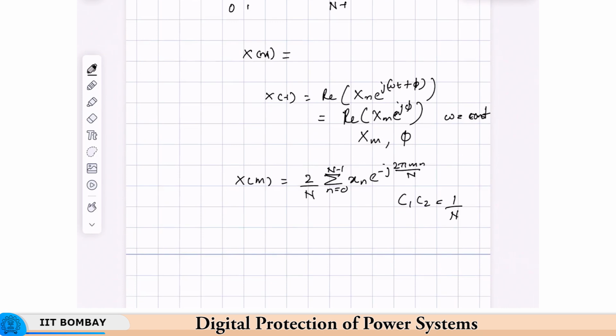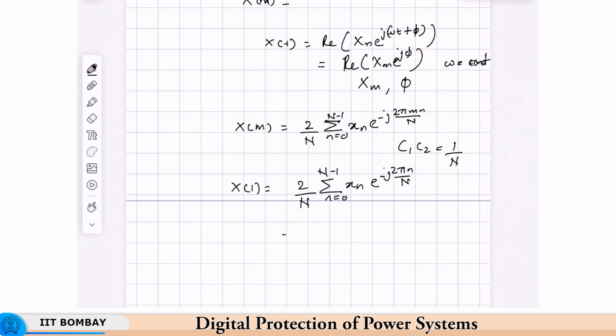So, though we have not used it so far, we are now using 2 by n. So, X1, for the fundamental frequency phasor, is just 2 by n times the summation over n equal to 0 to n minus 1 of x of n, which is nothing but